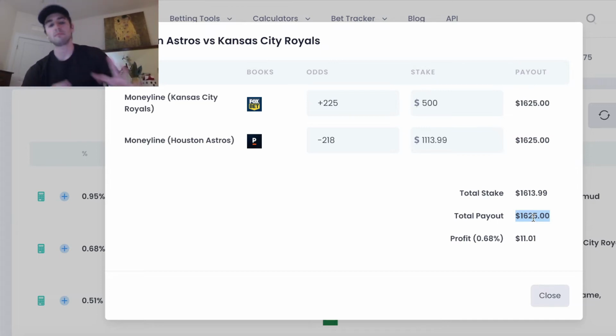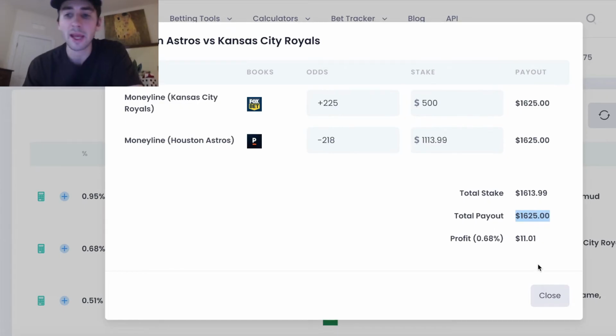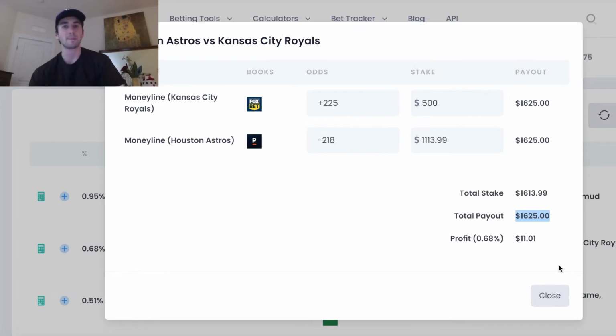So let's talk about one of the main flaws of arbitrage: you need a bankroll. This is not going to work with $100 in each account. Sports betting, you should be treating it as an investment, right? The more money you have, the better. Arbitrage scales in a linear fashion. If there's a 2% arbitrage bet, or the one we saw at the beginning of this video, I believe was 4.5%, if you place $100 on a 4.5% arb, you earn $4.50 in profit. If you place $1,000 on that same arb, you earn $45, right? So it's something where the more money you have, the more money you will make, okay?